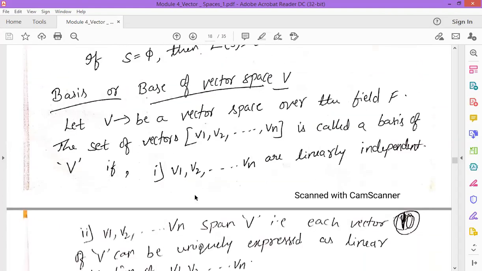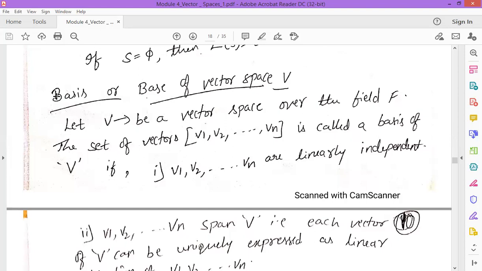And the next one is basis, which is very important. Bases are the base of vector space V. In many problems we will be asked to calculate the basis of the given vectors. We may even be asked to find the basis for the null space also. So we will be asked to find the null space and the basis for the null space, and we are going to solve problems on such cases also.